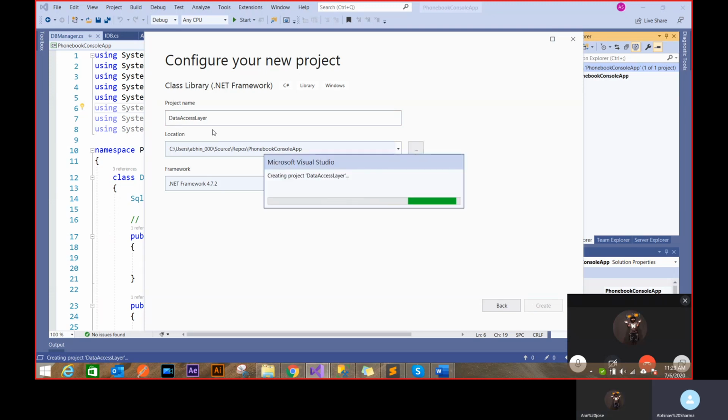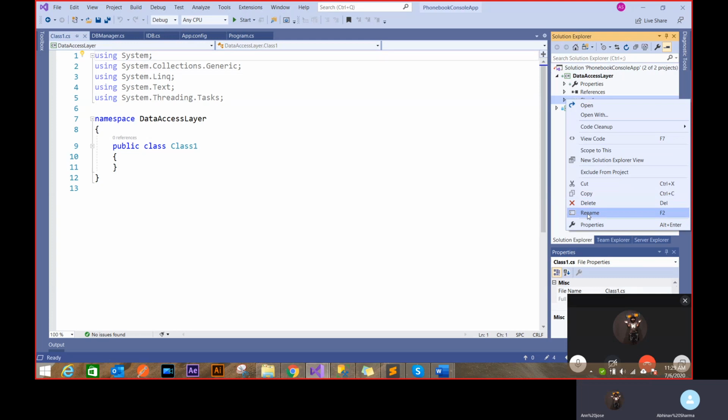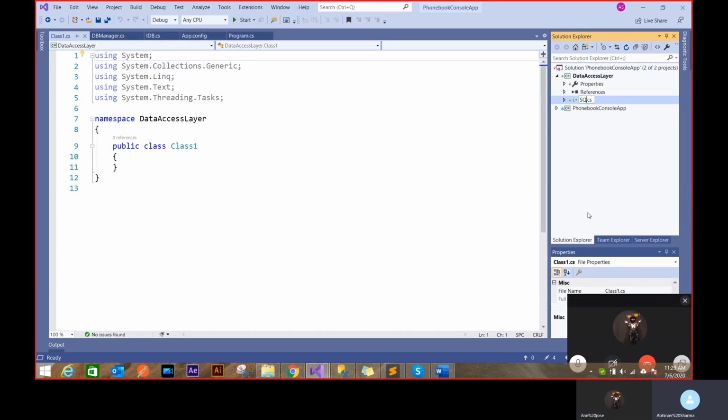Now you see, this DAL layer doesn't really even care about SQL Server. It can go to MySQL, it can go to other databases around the world. You will get a default class, so I won't be using that. I'll rename it, because I'm going to create a SQL DAL manager. This specifically will work on the SQL Server side. For MySQL, I'll be creating a new manager.